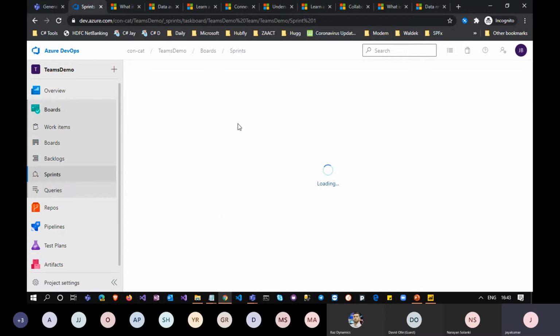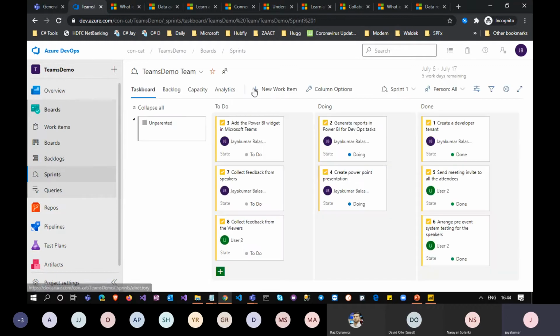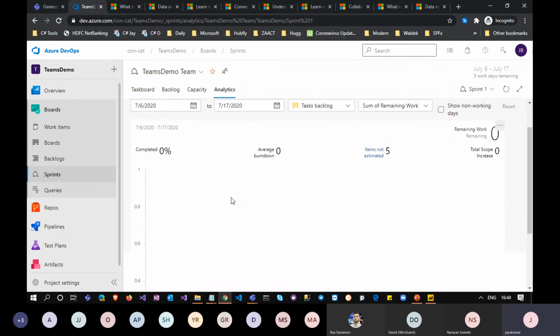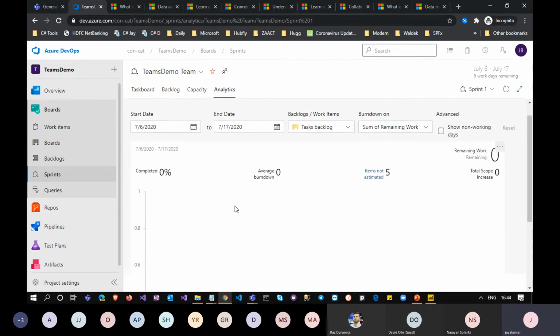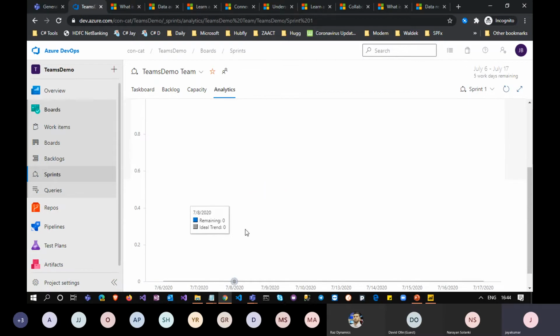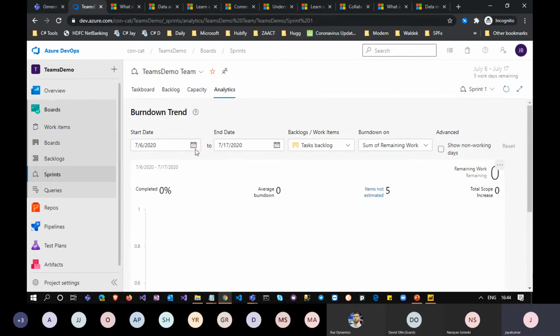I think it's taking time for me. Yeah, I got it. So these are the general Kanban boards, where you can see all your tasks in a board structure, and here in the analytics you'll be able to see the burndown chart and the burnup chart, whatever I said in my previous screen. I have not entered any data for this, so I don't see anything over here.